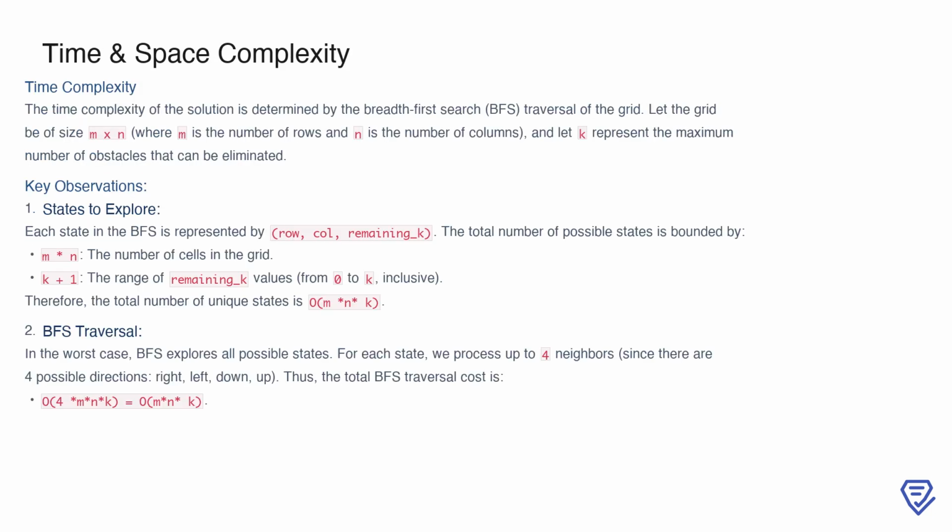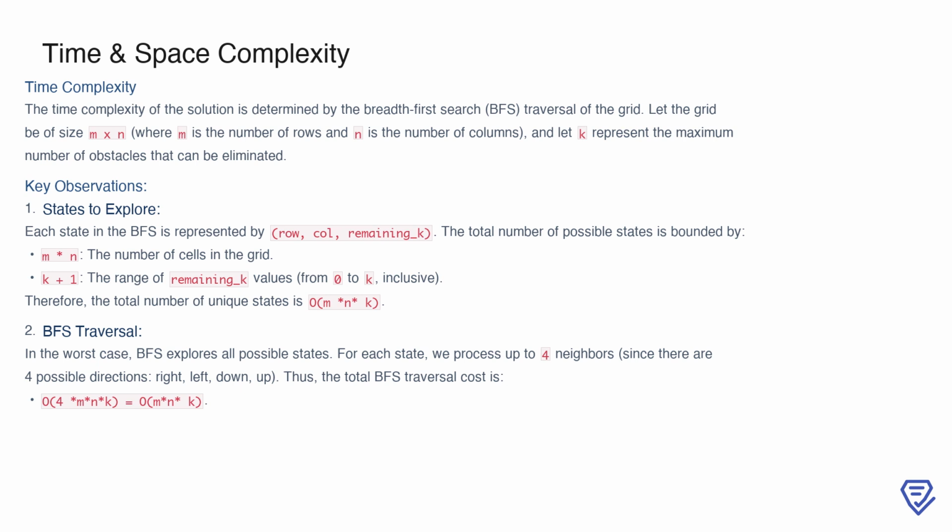The time complexity of our solution is driven by the breadth-first search traversal of the grid. To understand this, consider the grid size as m×n, where m represents the number of rows and n represents the number of columns. Additionally, let k represent the maximum number of obstacles we are allowed to eliminate. During the BFS, each state is defined by 3 attributes: the current row, the current column, and the remaining obstacle eliminations, remaining_k. The total number of unique states is therefore determined by the number of cells in the grid, which is m*n, multiplied by the range of possible remaining_k values, which is k plus 1. This gives us